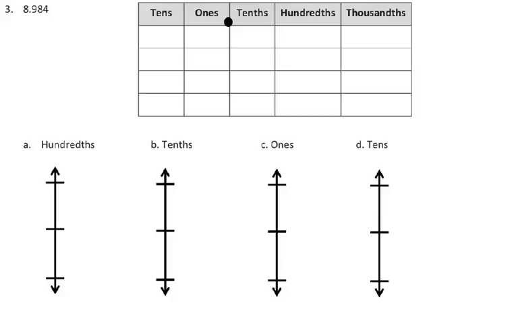So they have 8.984. So 8 ones, 9 tenths, 8 hundredths, and 4 thousandths, which also can be written as 89 tenths, 8 hundredths, 4 thousandths, or 898 hundredths and 4 thousandths,